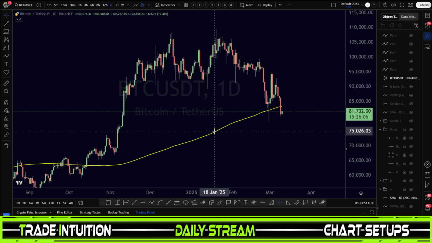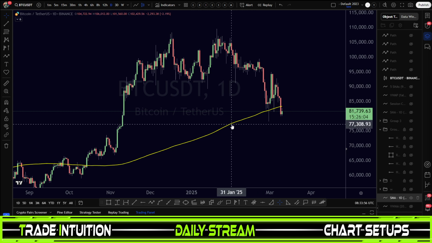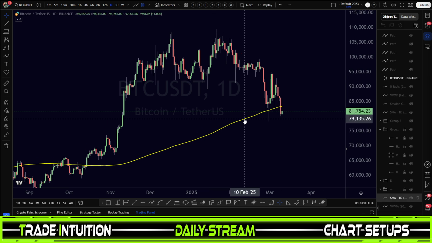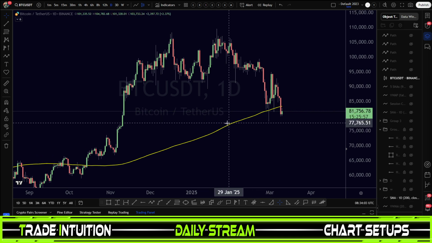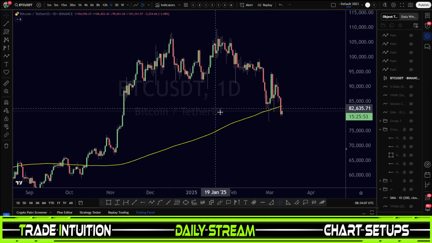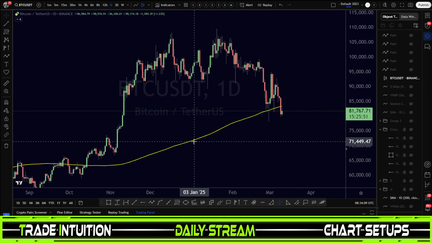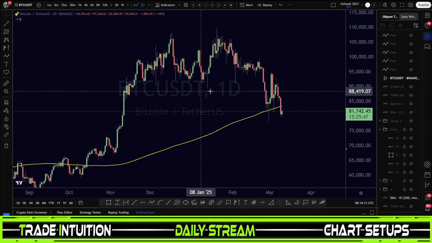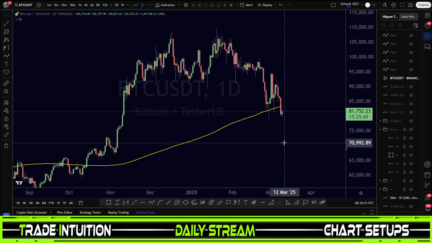Right now, I do have the moving average. This is the daily moving average, 200 SMA. Regardless of what time frame I'm looking at, this will always be the 200 SMA. So as we're flipping through the time frames, just know that this yellow line is my 200 SMA on the daily, regardless of what time frame we're showing on the chart.